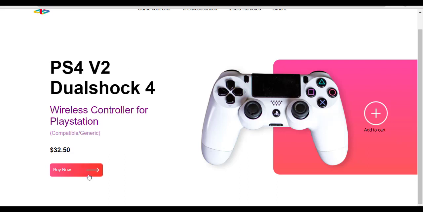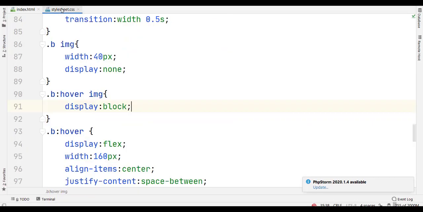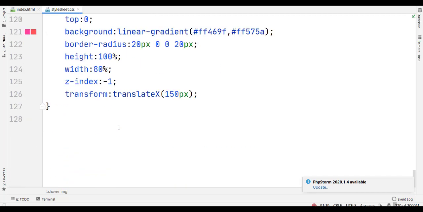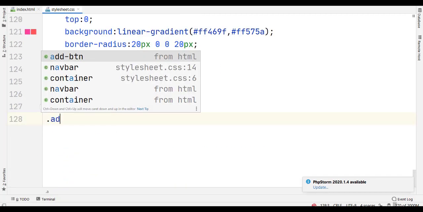So let's check this. Yeah, look, now it's coming great. Now if we hover on this, look at the arrow, it's really cool and pretty. So now let's go to our style sheet and give some styles to our add button. So the first thing we're gonna do, we're gonna write dot add